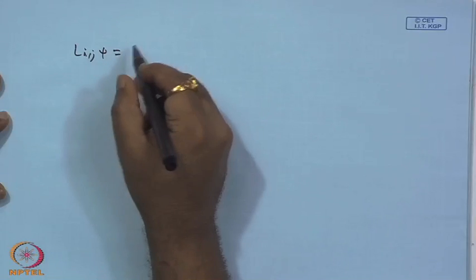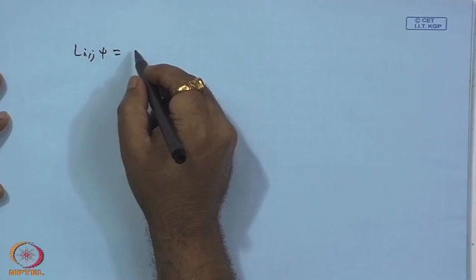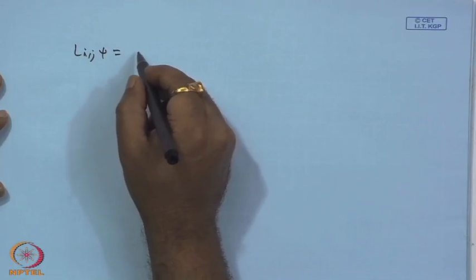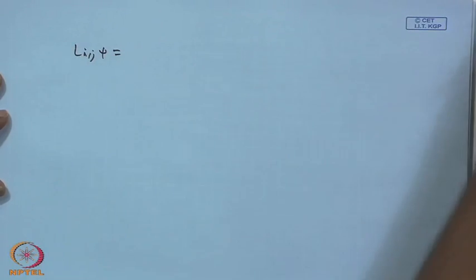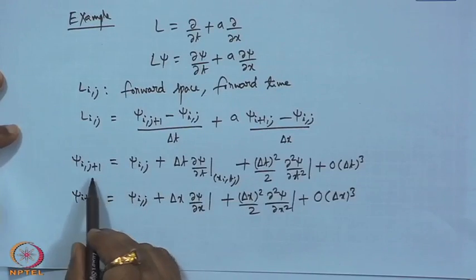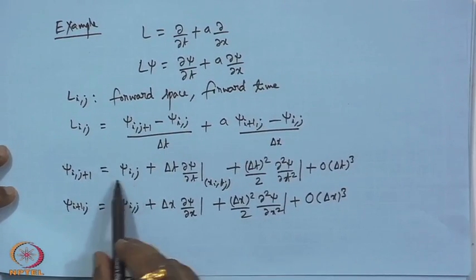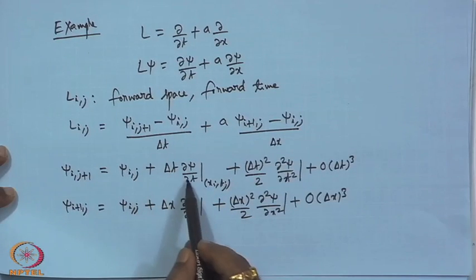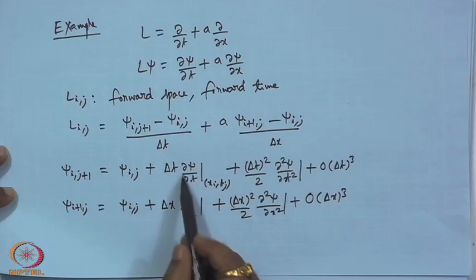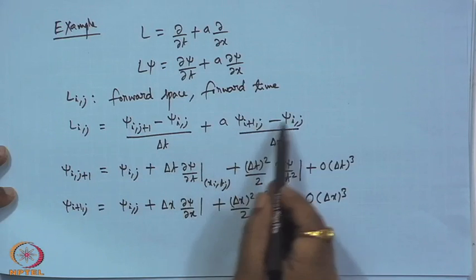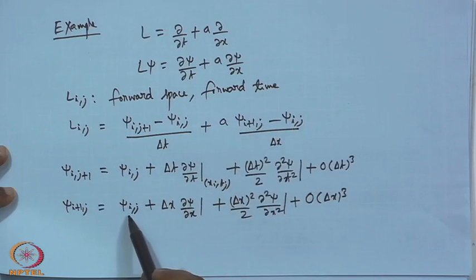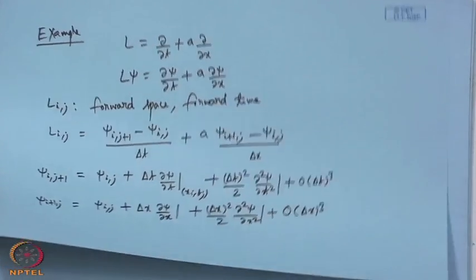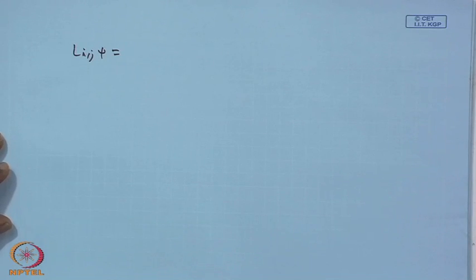L I j psi becomes, we can just straight away substitute. Okay. So, for example, you can see this sitting here. So, this gets cancelled. So, first term here delta t also cancels. So, first term is dou psi dou t, and here this term cancels with this, delta x cancels with this. So, first term here a times. Okay. So, this is just an algebra. So, if we do that,